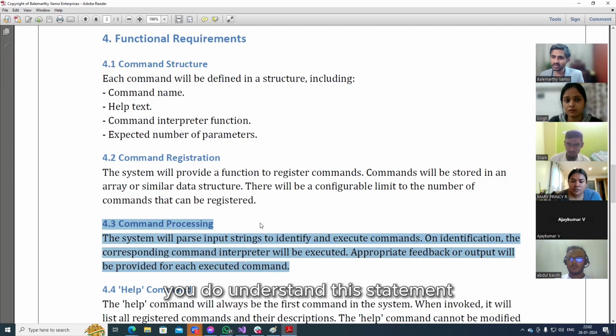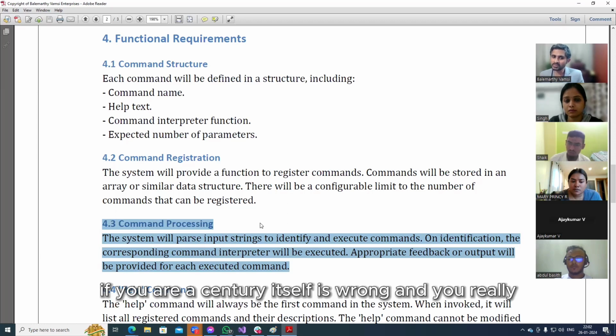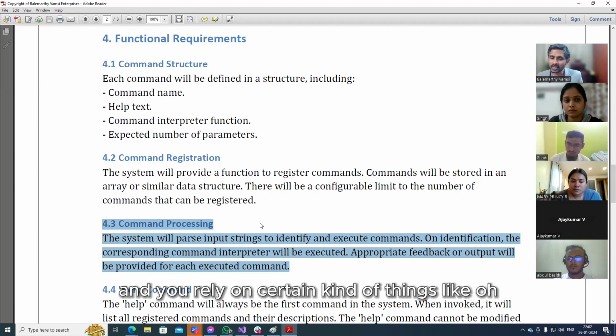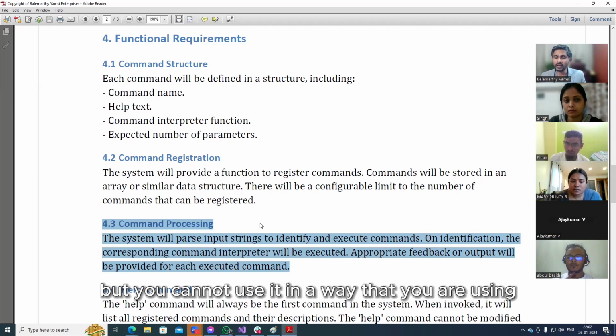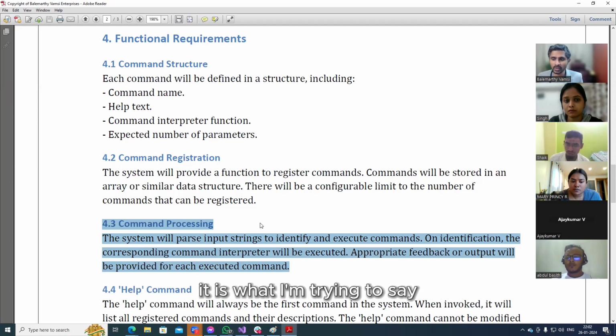Did you understand this statement? Because if your assumption itself is wrong and you rely on certain things like, oh, I will use this, yes, you can use that, but you cannot use it in the way that you are using it, is what I'm trying to say.